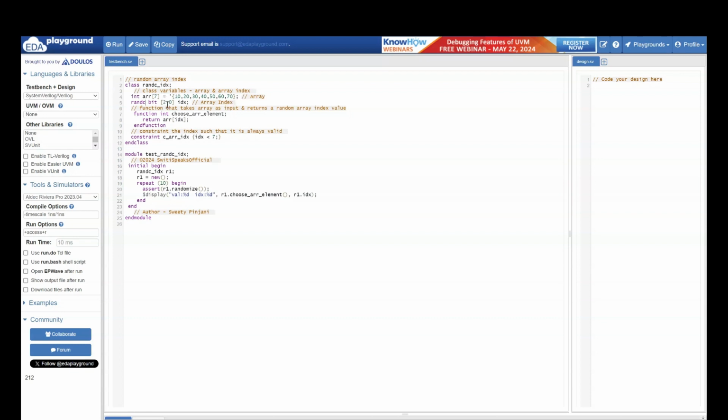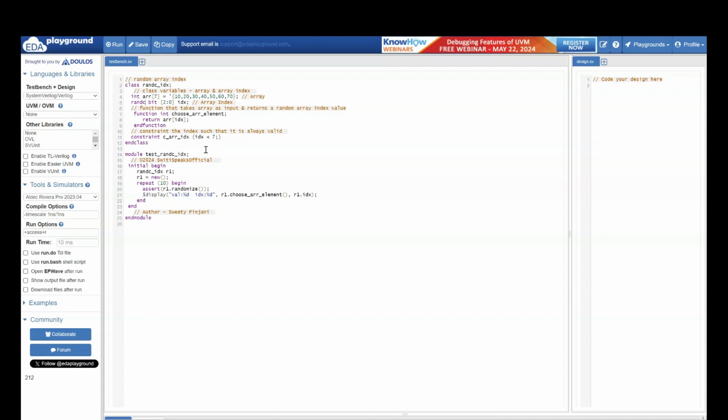There are 2 raised to 3 values possible, meaning 8, but my array is only of size 7. So, I don't want that 8th value to be generated. So, I am creating a constraint for the index so that index is less than 7, because index starts from 0. So, 0 to 6 is the correct range for index.